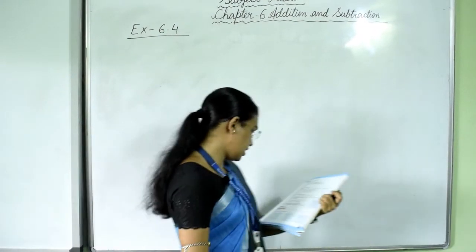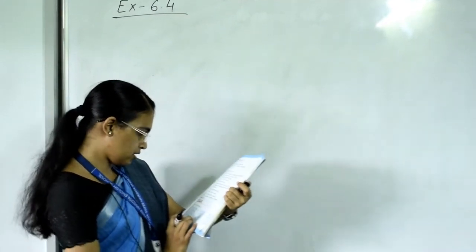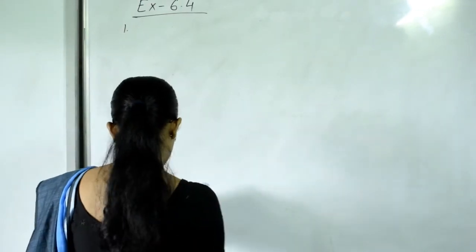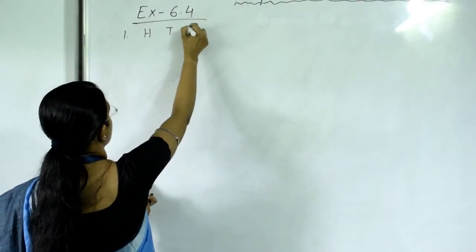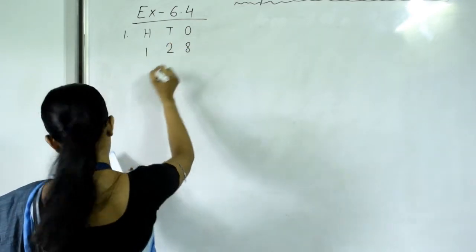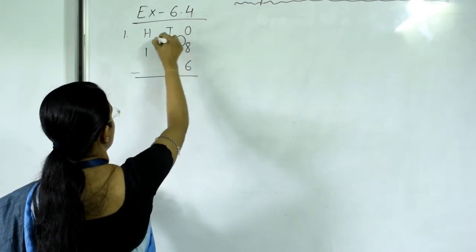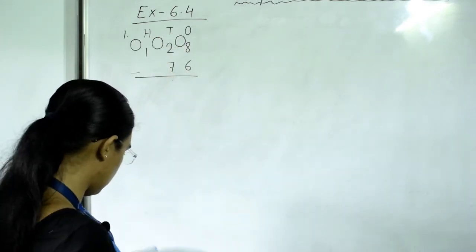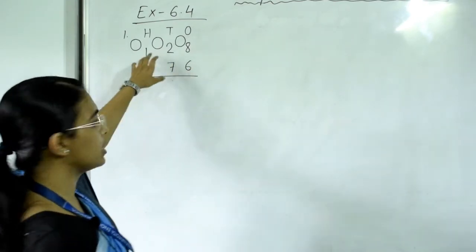So in exercise 6.4, the first question is subtract the following. So we have to subtract these questions. Number 1. Okay, our first question is 128 minus 76. So we have to subtract